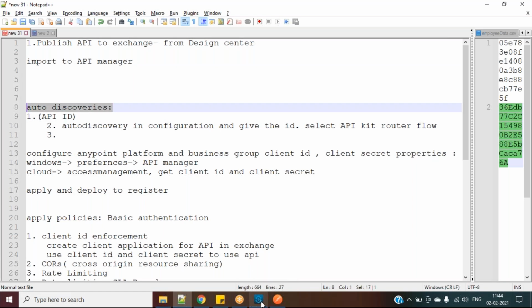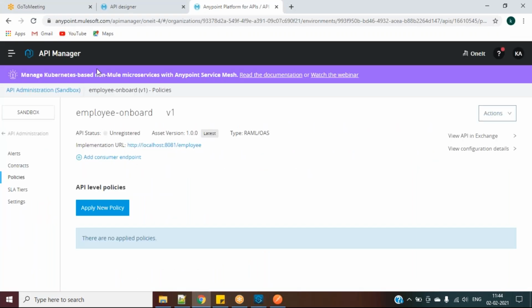So what is auto discovery? Here we have our API deployed in API Manager, and we have our API deployed in Runtime Manager. But how to link these two? How will Mule understand that whatever API is running in Runtime Manager is linked to this particular API? So to make this link, what we do is